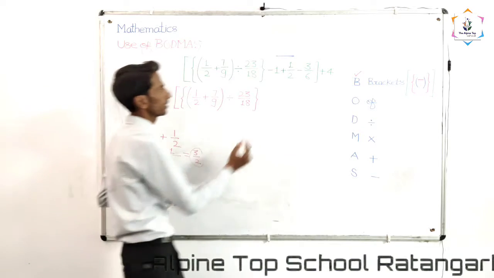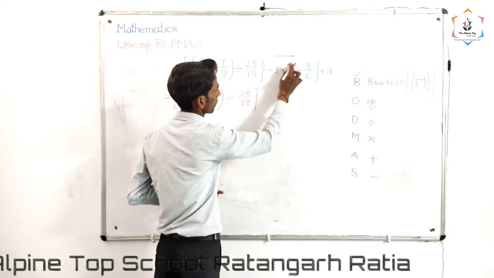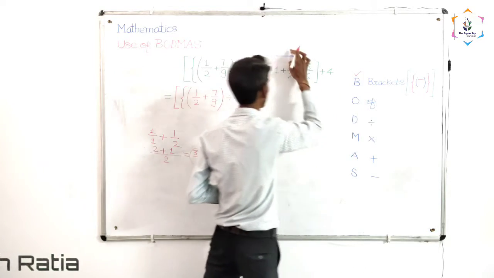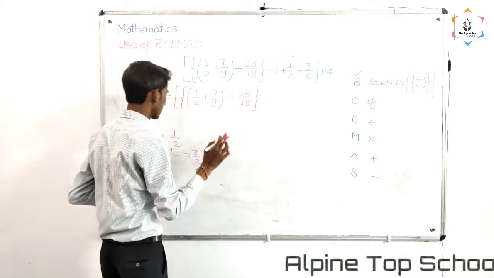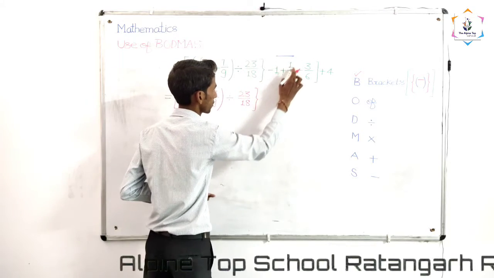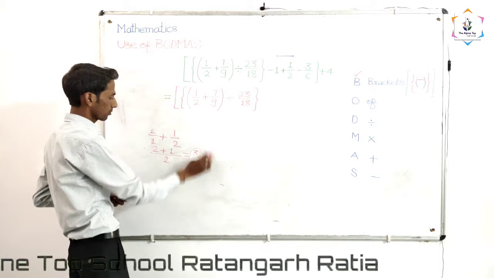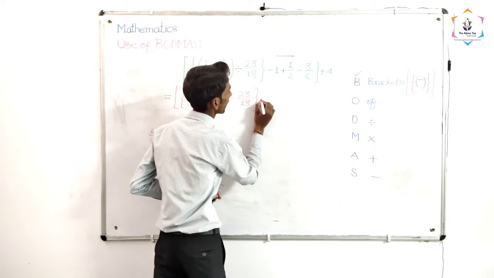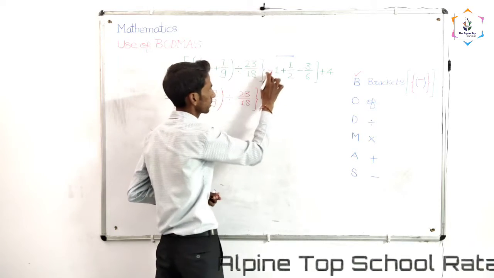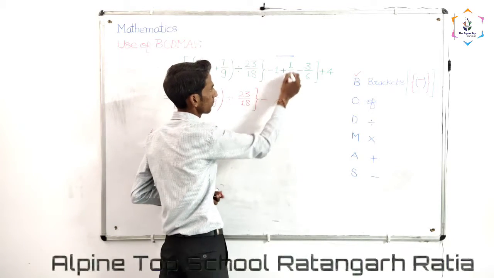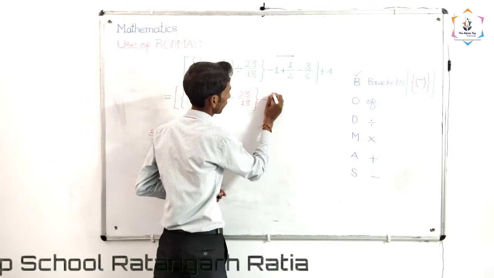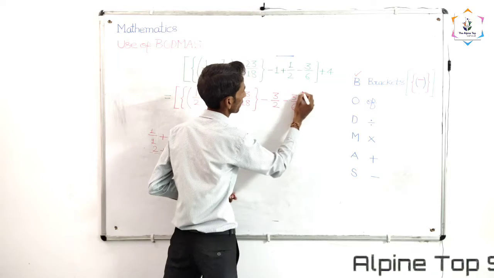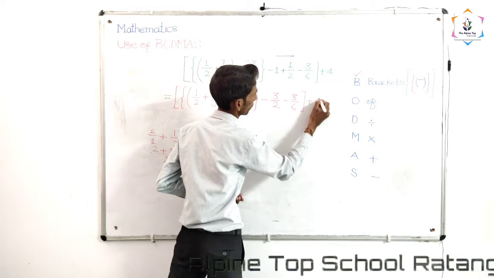It means, dear student, at the place of 1 plus 1 by 2, because now according to the bracket system we are solving the line bracket firstly. So obviously under the line bracket only 1 and positive 1 by 2, and I have already sorted this out in the rough work and I have got 3 by 2. Now I am going to put the negative sign as it is, because the negative sign is not under the line bracket. I have added 1 and 1 by 2 and I have got 3 by 2. Here I am going to assign 3 by 2 minus 3 by 6 square bracket closed plus 4.